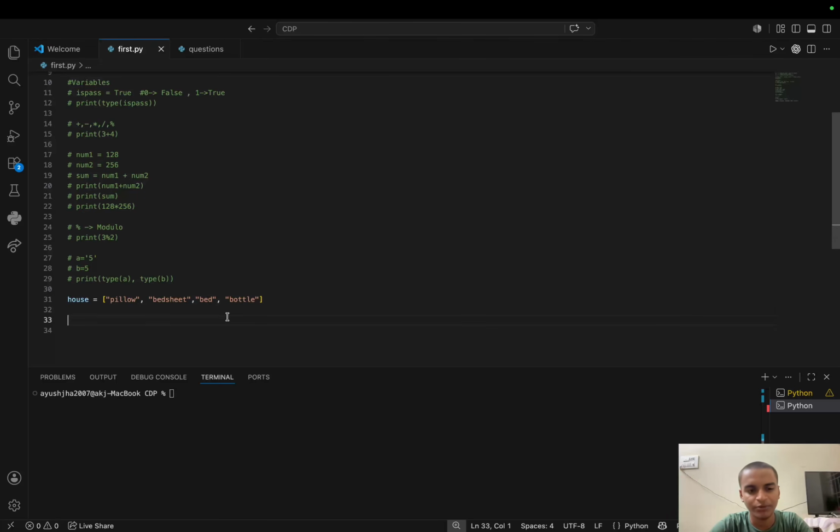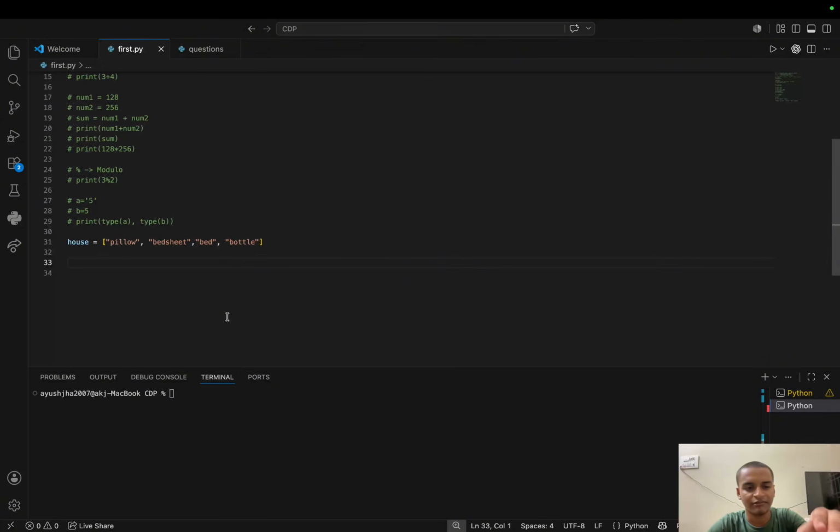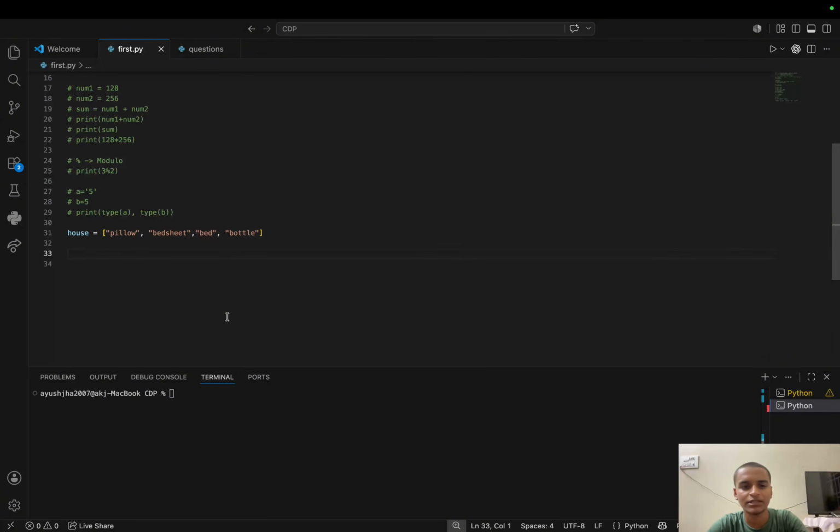Now, suppose I went after like 40 or 50 lines of code and I remember the variable name. See, remembering the variable name is very important. Now you have remembered the house. This was a list you have earlier made. Since you cannot name any other thing with this same variable name, you can use this again anytime in this same code. I'll show you an example. Now I want to print what was in the second place in the list. Now print,